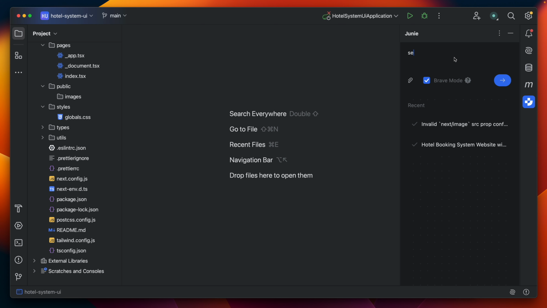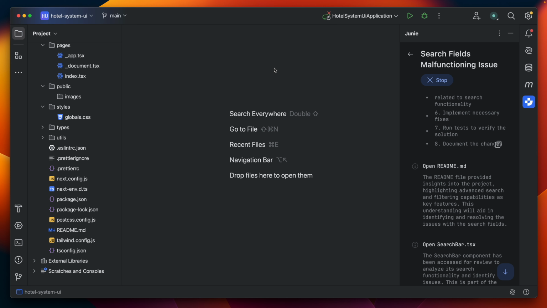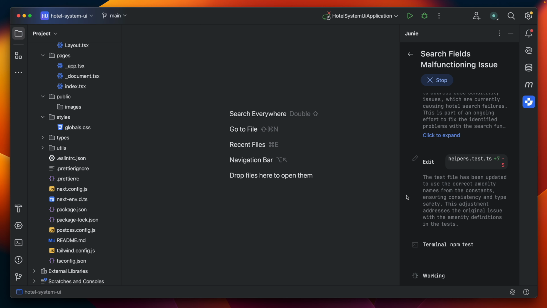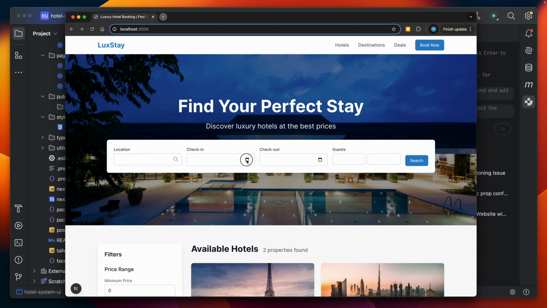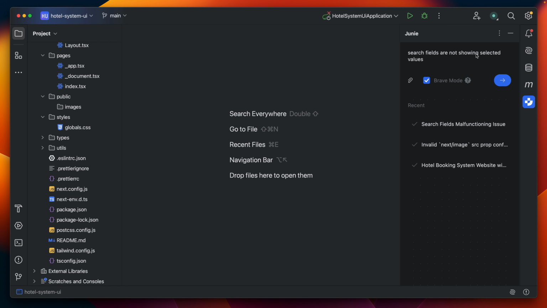Let me ask Juni to fix this. I just say search fields are not working. It is completed. Let's try again. Okay. It is still not fixed. Let me try it again, but this time with a bit more clarification.